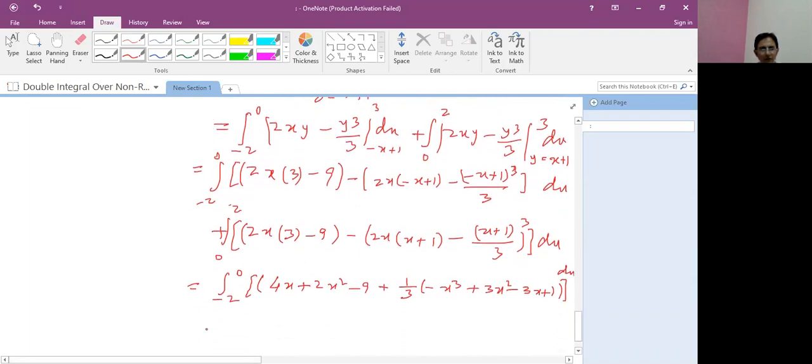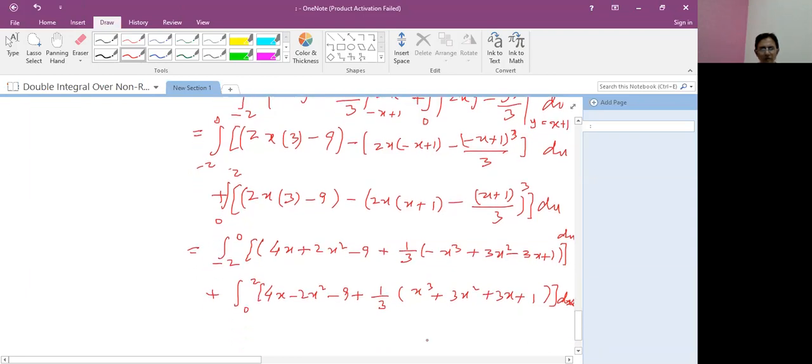For the second integral, with the limit of x from 0 to 2, it is the integral of (4x - 2x² - 9 + 1/3(x³ + 3x² + 3x + 1)) dx. So student, when we simplify further,